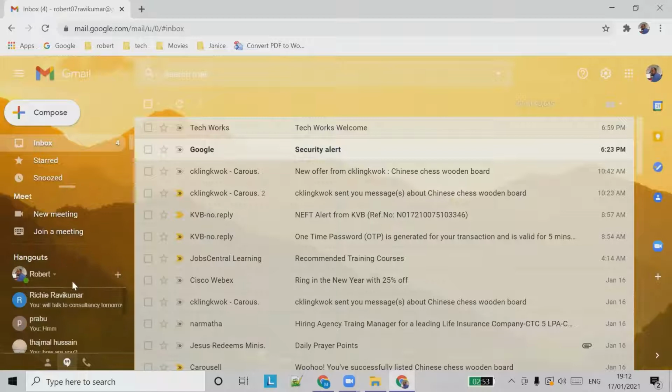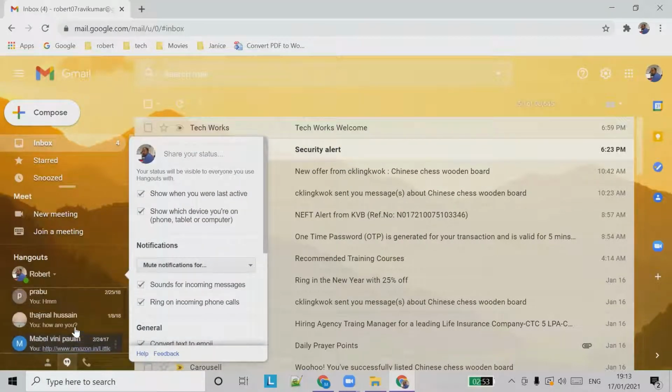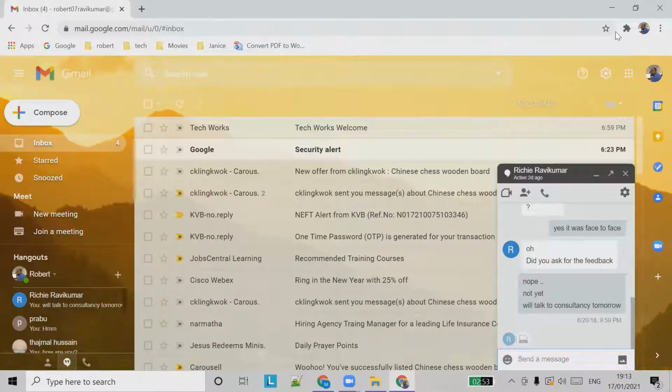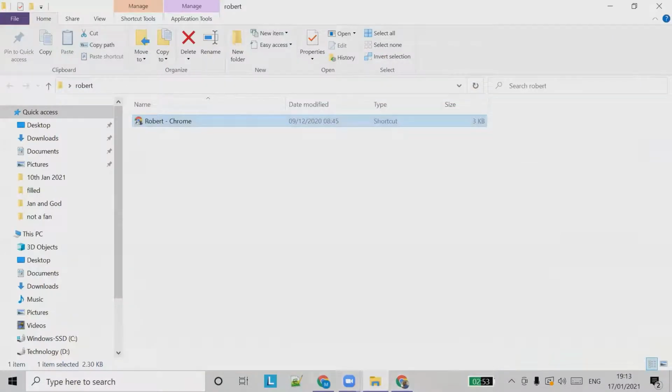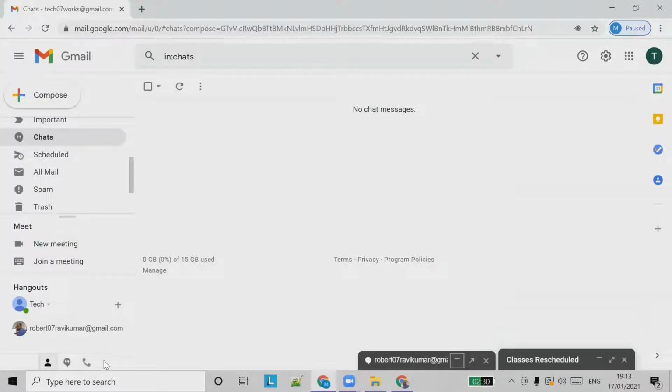We log into the other account, and the invite, we haven't received it yet. But once the invitation is accepted by the other party, you can chat with the other person. Okay, so that's the purpose of having a chat.